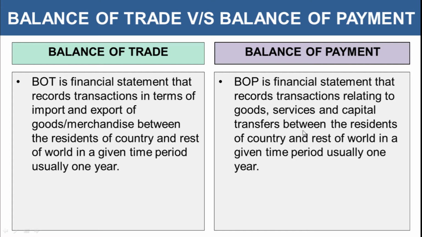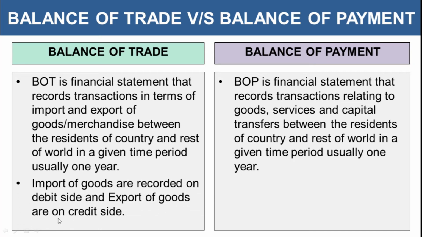balance of payment. Now you can understand this with an example. Even if you are running a small business, as a businessman, you record all the purchases from suppliers and you record all the sales made to customers. The basic reason why you do that is to check on the available balance with you. What is the profit for your business? In the same way, when a country makes transactions with other countries across the world, it records all the imports and all the exports to check the balance in the economy, how much surplus or deficit the balance of the economy is going into, to keep a record of that.